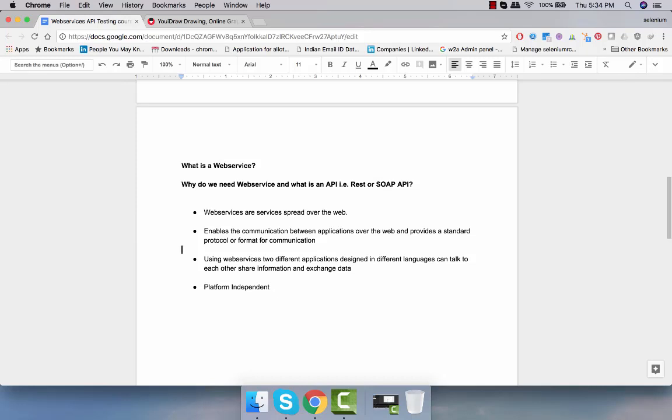So now we'll be understanding what is a web service, why do we need it, and what is an API? API in relation with SOAP and REST API, right? So web services are the services that are spread over the web, like over the internet or over the intranet, right? So web services basically enable the communication between applications over the web and provide a standard protocol or format